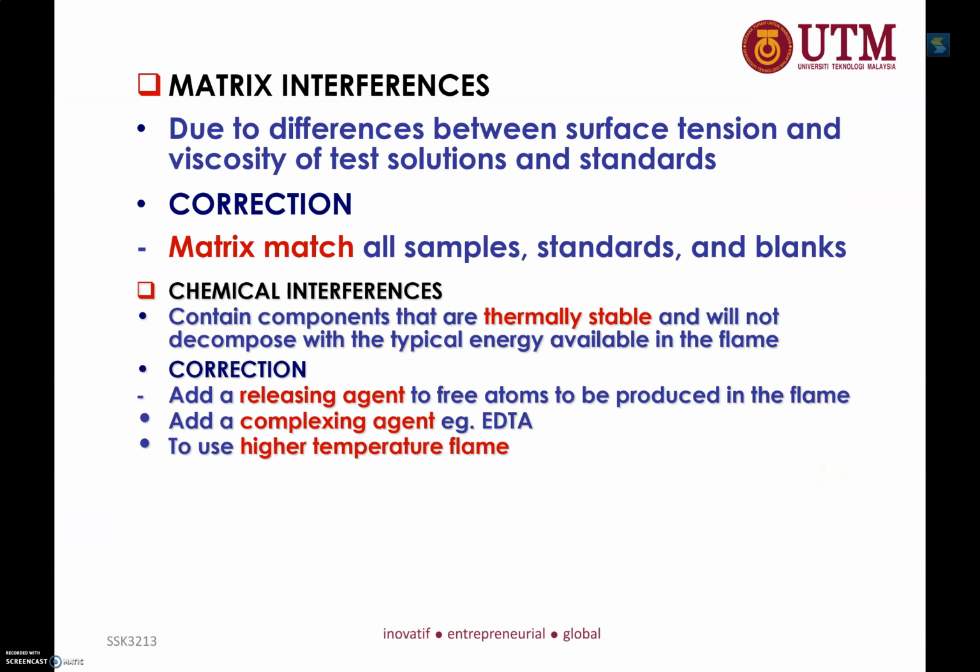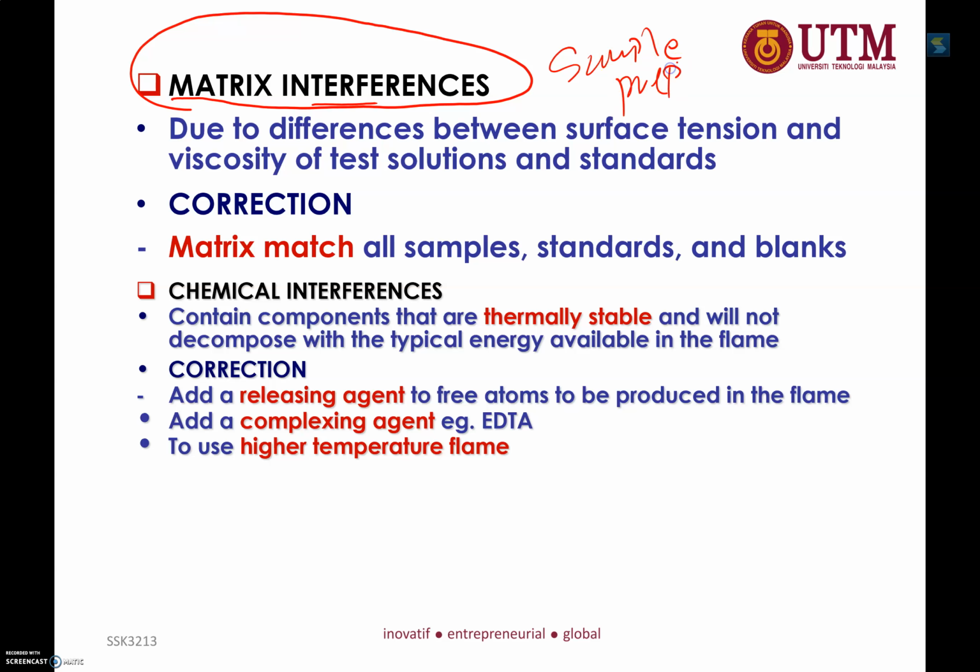The first non-spectral interference is matrix interference, a classic interference that will happen in any instrumentation. Even though it is common, it is a classic interference because of the difference in surface tension and viscosity given by the matrix, or what we call rubbish. That's why sample preparation is very important. In AAS, the sample preparation will focus on